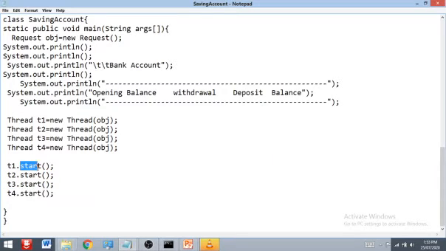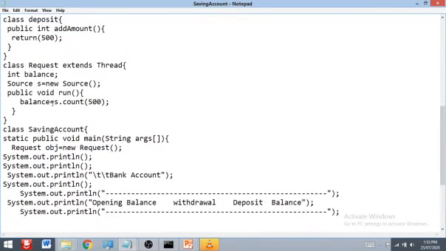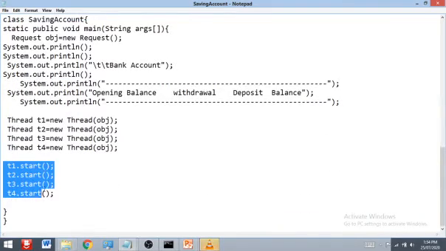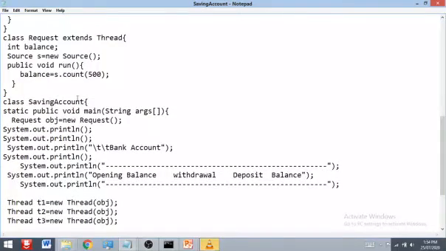Whenever we call start, it automatically goes to the run method in the Request class. In that Request class we access the S.count method, only one method. It means only one resource that we are going to access. But who accesses this resource? There are 4 threads. Which thread is going to access first?